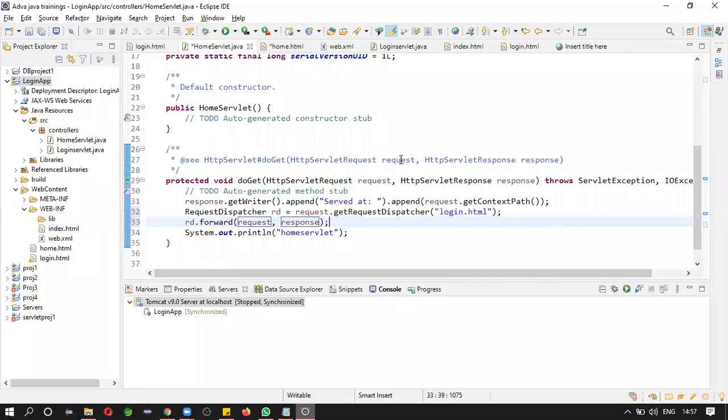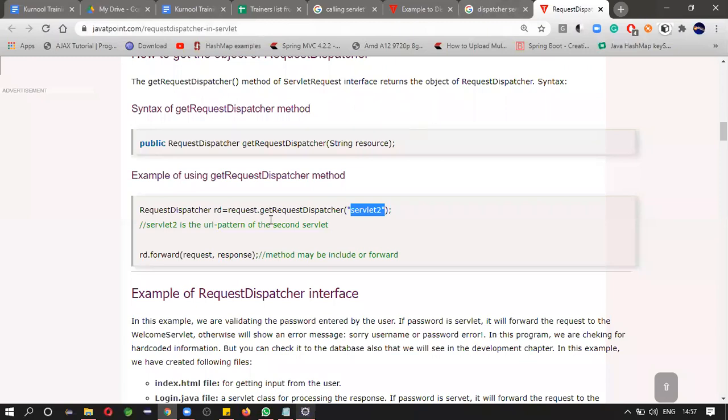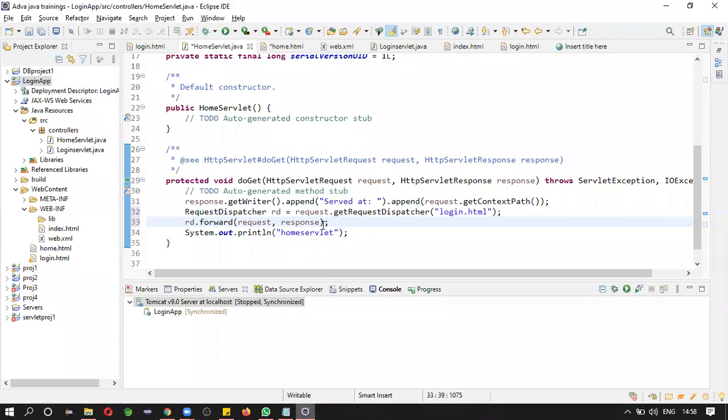Multiple users may request the site at any time. Consider two people are requesting. By just clicking on login, he will be redirected to another page. Whenever he is redirected to another page, how will that page know whether the current user is this person or not? A particular person is identified based on request and response.